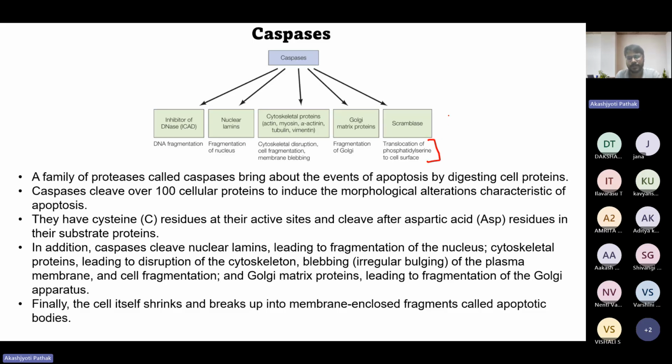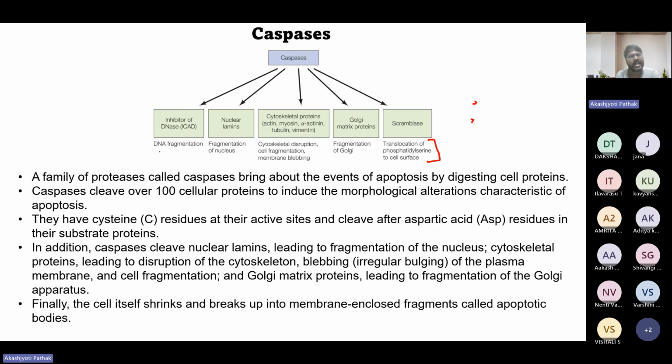Scramblase, we will come to this topic in plasma membrane. So it has different types of phospholipids. If you have a little bit of knowledge about cell biology from your bachelor's, then you must be knowing about the role of phosphatidylserine. It is present in the inner leaflet, and once this phosphatidylserine gets translocated from the inner leaflet of the lipid bilayer to the outer leaflet, then it acts as a signal for cell death, or eat me signal. It acts as a signal which is called eat me. Okay,